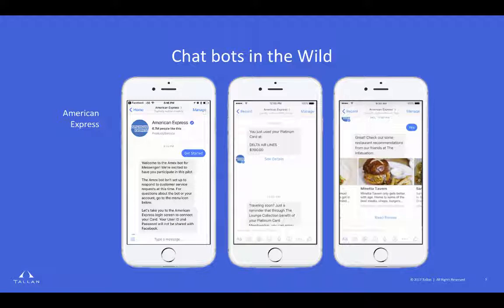So take a look at that second screen right there. You just used your Platinum card at Delta Airlines. Hey, guess what? I've got the context of what you've just done. Let me take a minute and try to upsell you something. Traveling soon? Just a reminder that through the lounge collection benefit of your Platinum card membership, you can enjoy, right? So